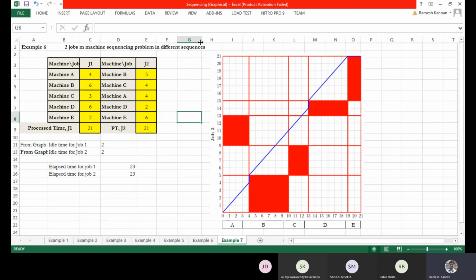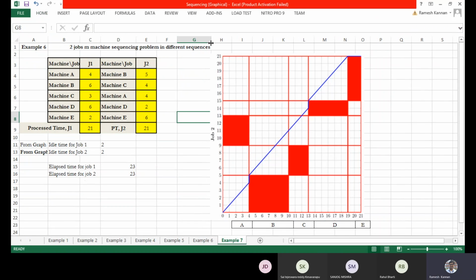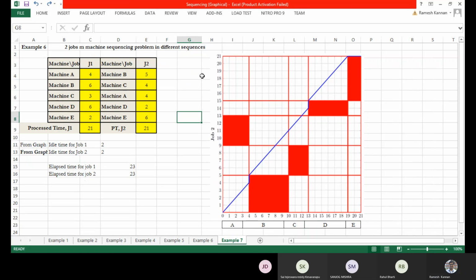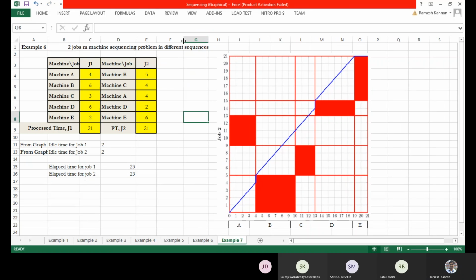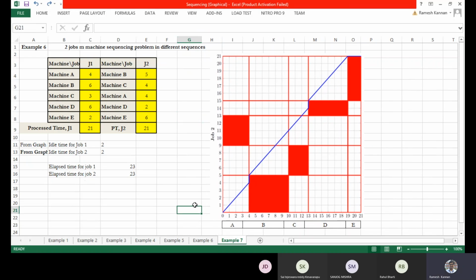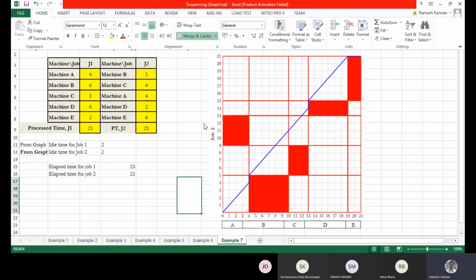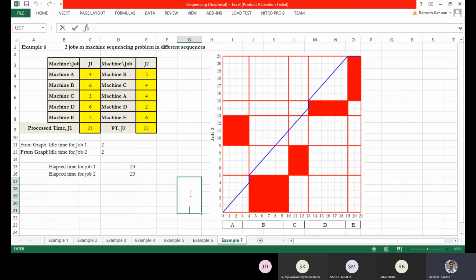Okay, so this thing I'll just move it. I'll try to put these things. This is probably machine.